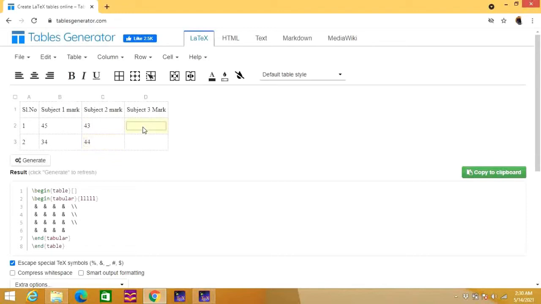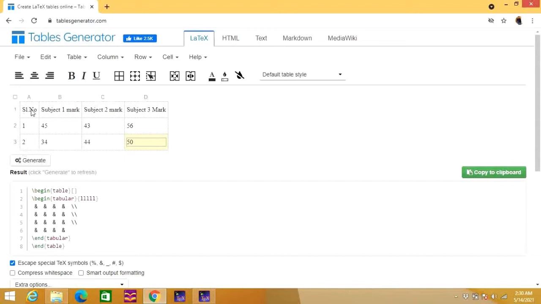If the mark of the first student is 56, you can write 56. If you want to write here 50 marks, you can write 50. So this is the table that we need to put in LaTeX. So let's see how we can do that.